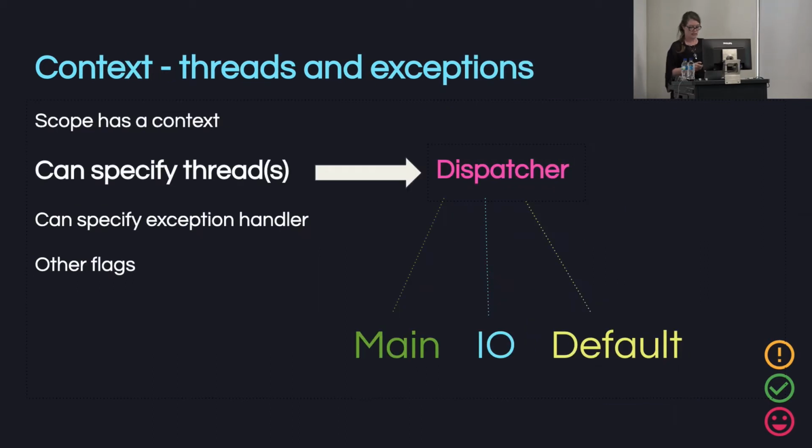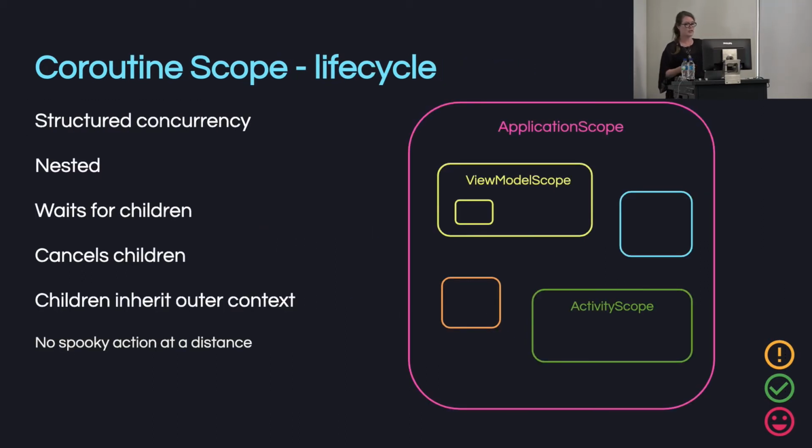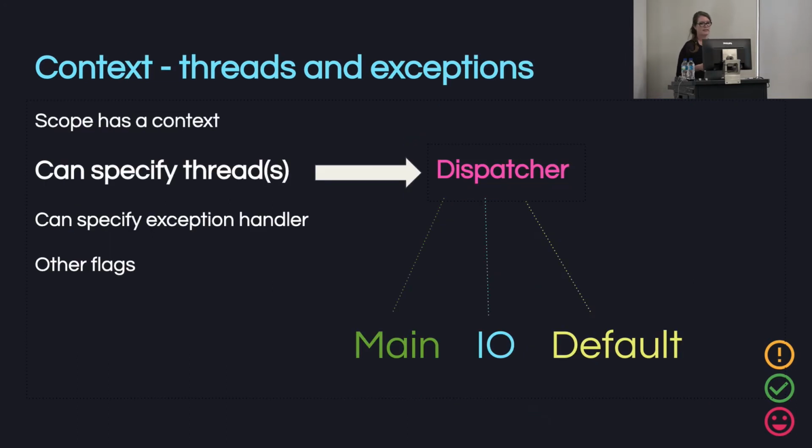All right, so I said on this slide that each scope, the nested scopes, inherit the context of the parent. So what is a context in the sense of coroutines and scopes? Each scope has a context. It's the context that specifies what threads are used. You can also specify an exception handler, and there are some other flags, but it's the